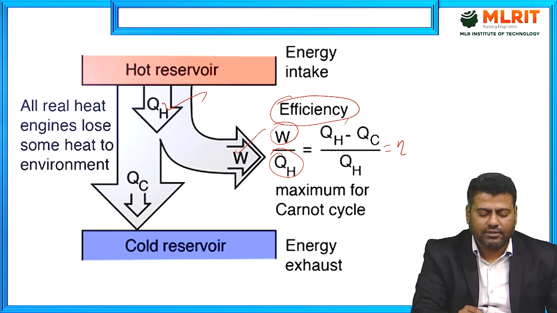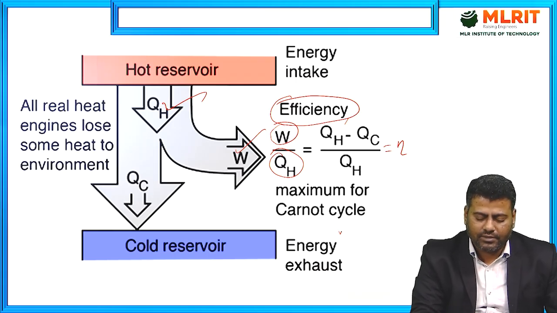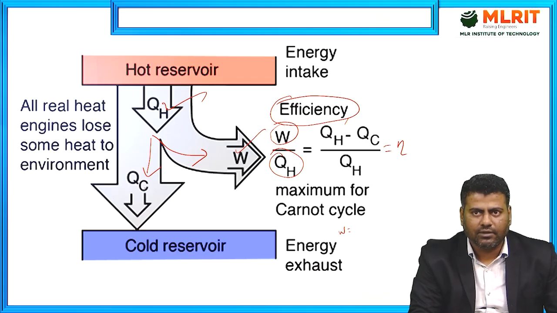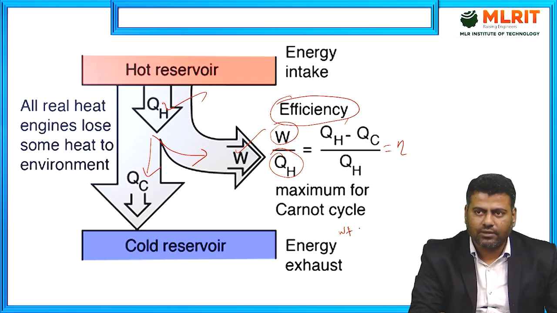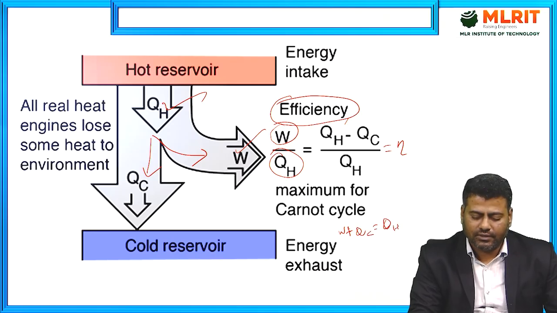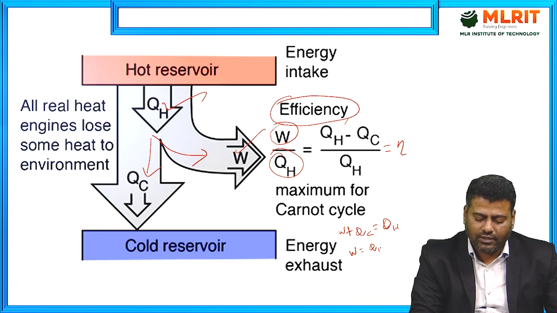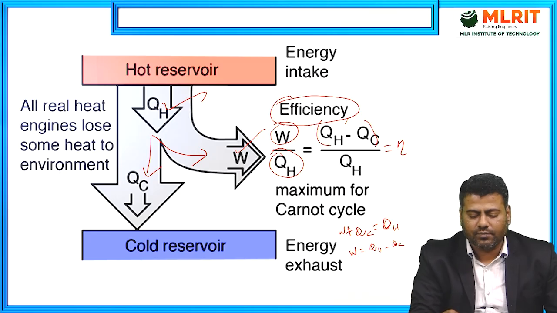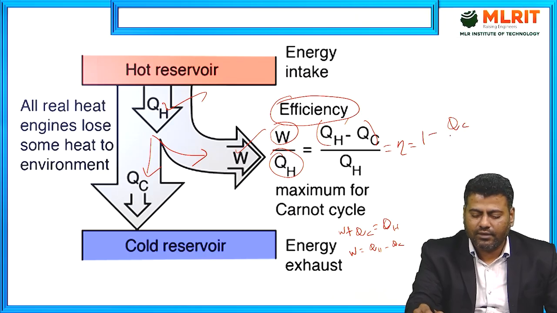See, listen here. What is the W we are having? We got the input QH. QH is converted into two parts, right? One is W and the other one we call QC. So W plus QC is equal to QH. Is it right? So W can be written as QH minus QC. So we get eta equal to W by QH, that is QH minus QC by QH. This equation I can write in the simple form: 1 minus QC by QH,